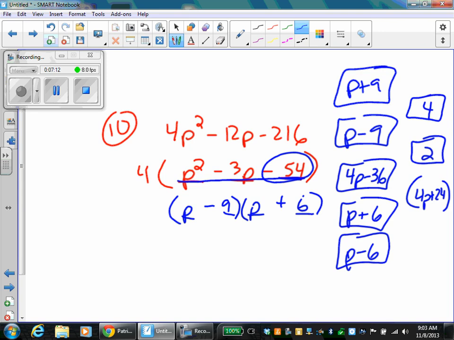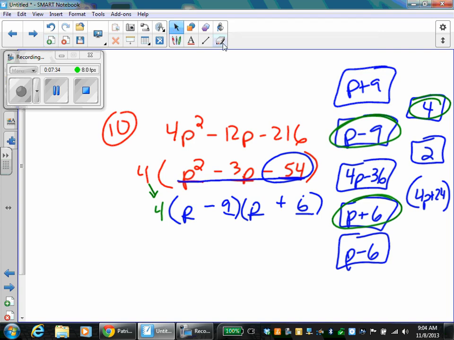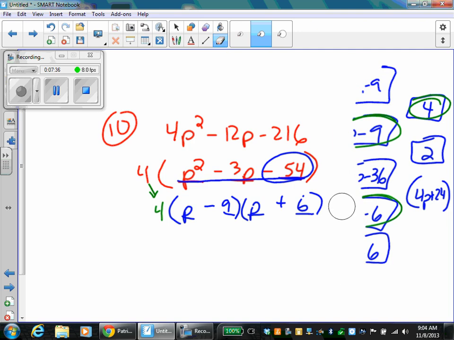Okay? And so, which ones would be my answer? Which ones are the factors? P minus 9, p plus 6, and 4. Okay, don't forget, who's this? Don't forget Bob. Okay, I've also seen them ask, what is one of the factors? And they give you